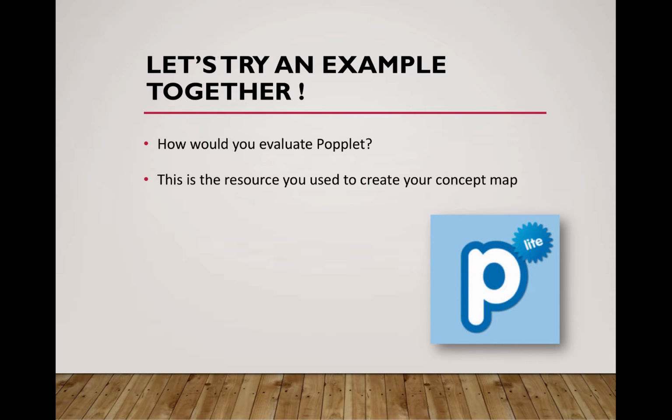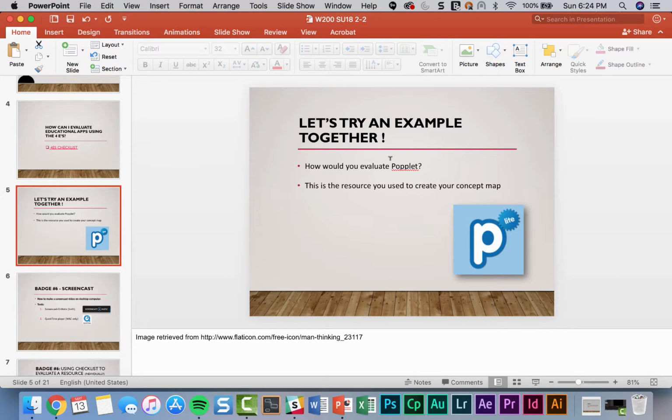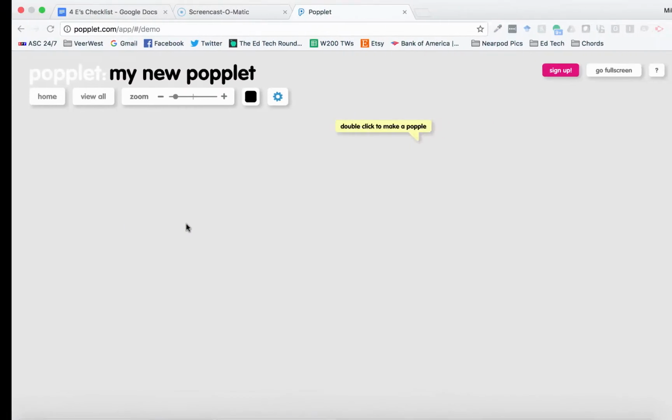So first we're going to start, I'm just going to show you an example of what this might look like, what the finished product might look like. And there's also an example in the badge assignment as well. But then we'll talk about how to actually create a screencast, since I realize this might be the first time